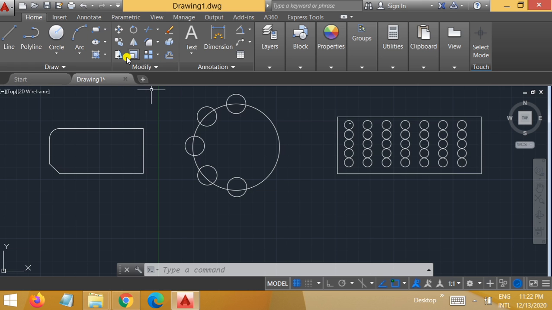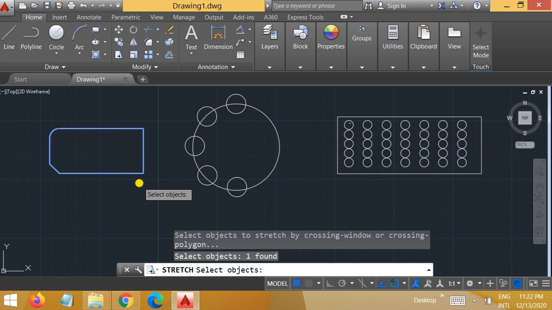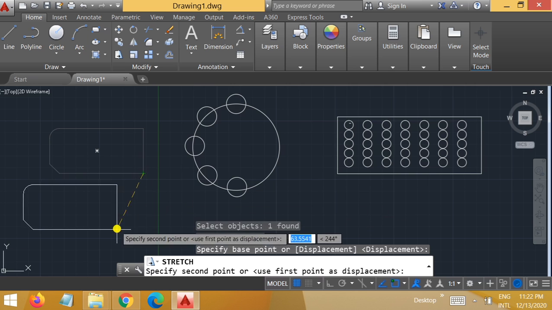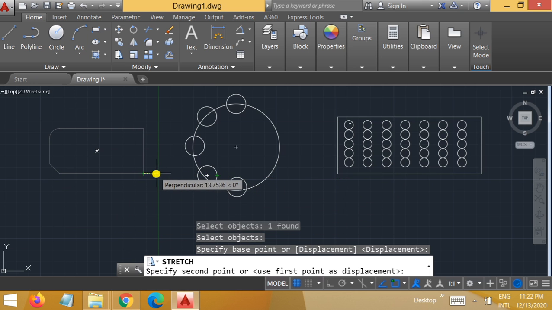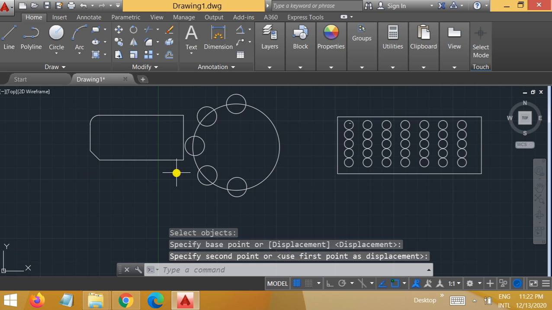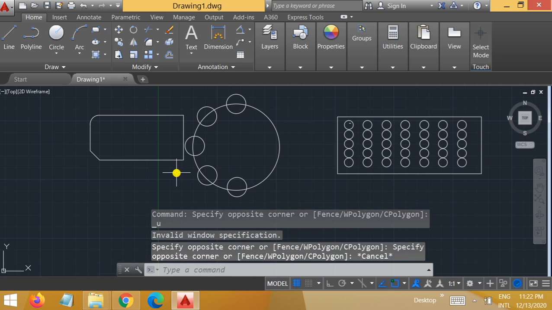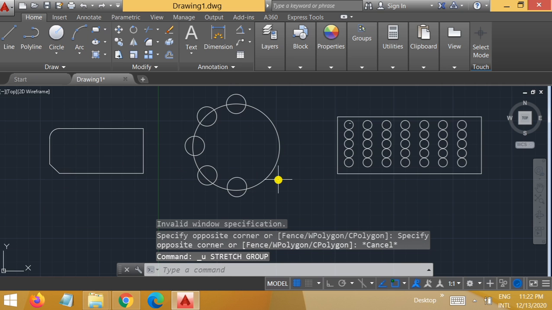Scaling we have already done. Stretching is not required, but still if you wanted to stretch this, you can stretch it. Select the stretch object, already we have selected, enter. This is the base point, so we can stretch it like this one. So in this way the things can be done, no doubt about it. So try to remember in which way we have just